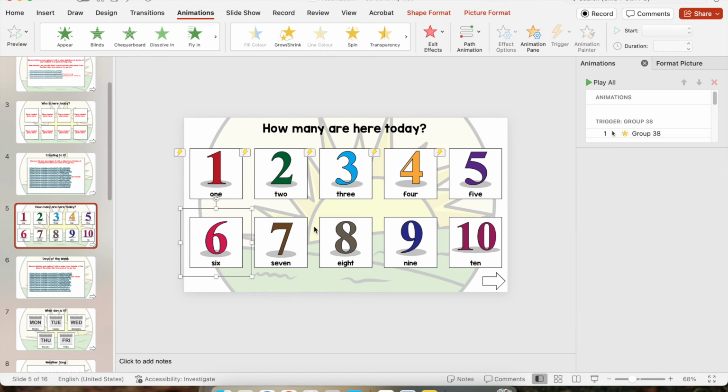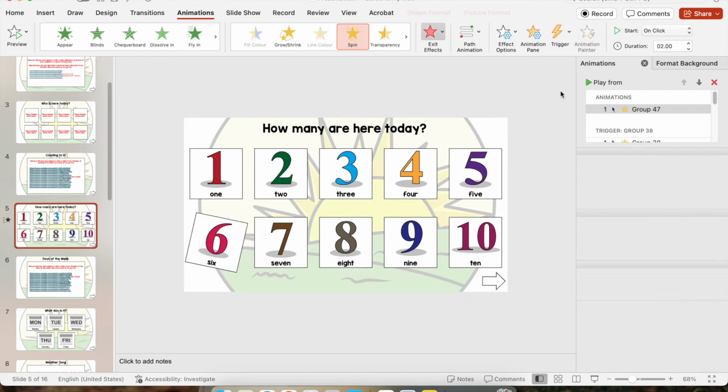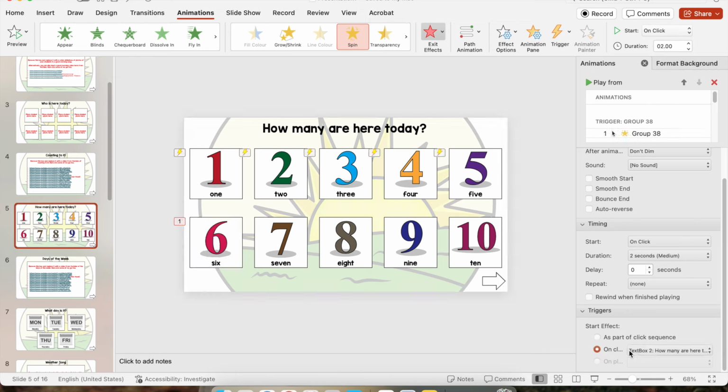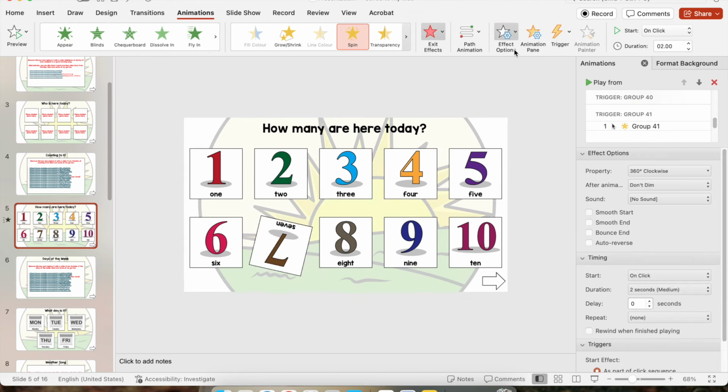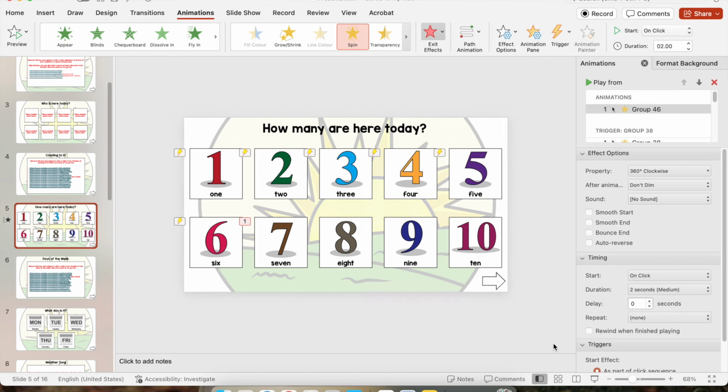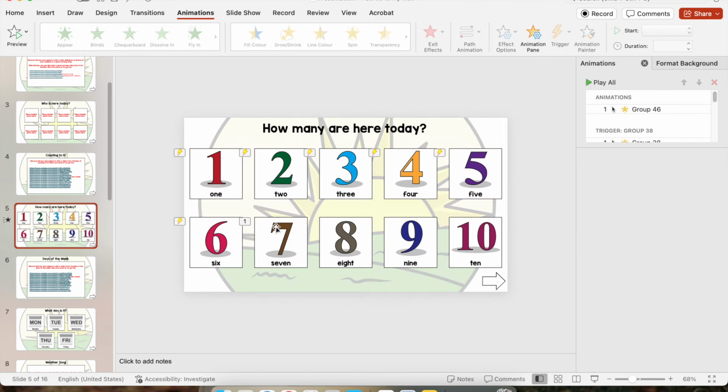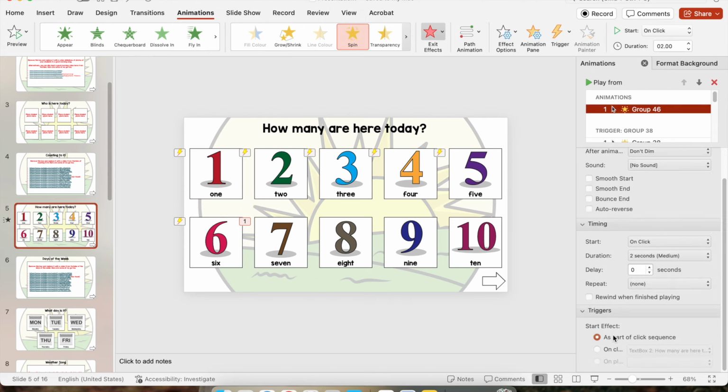You can skip forward the next 10 seconds if you don't want to listen to me doing this. I just find that sometimes it's much easier when I'm able to show someone exactly what I'm doing over and over, because for me, the more that I see something, the quicker that I'm able to pick it up. So we're going to load the animation pane, go down,